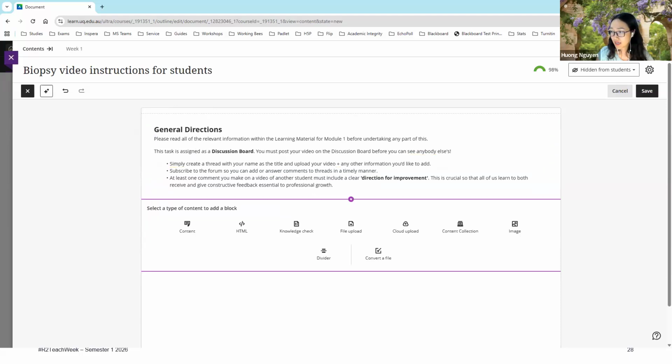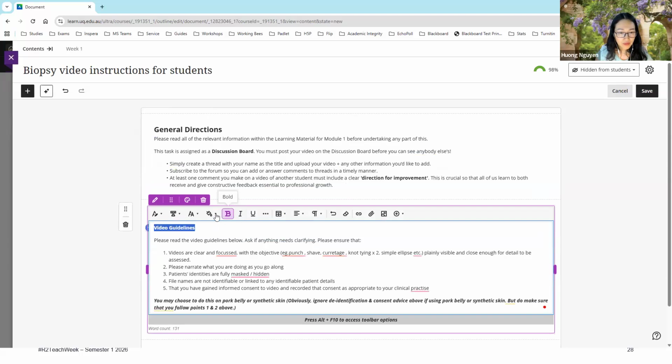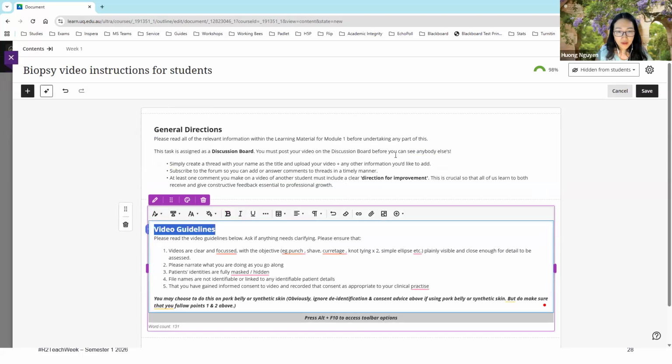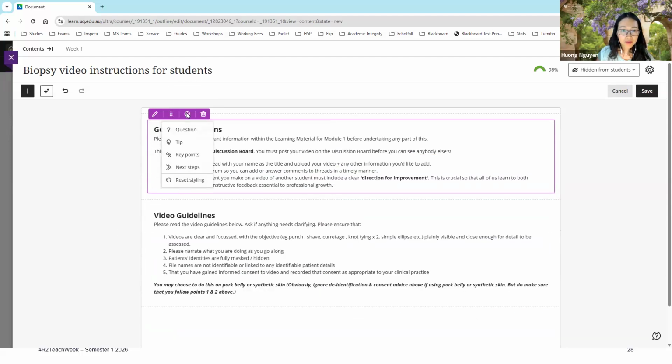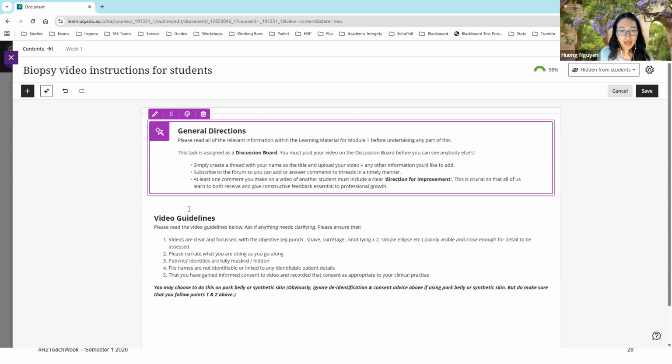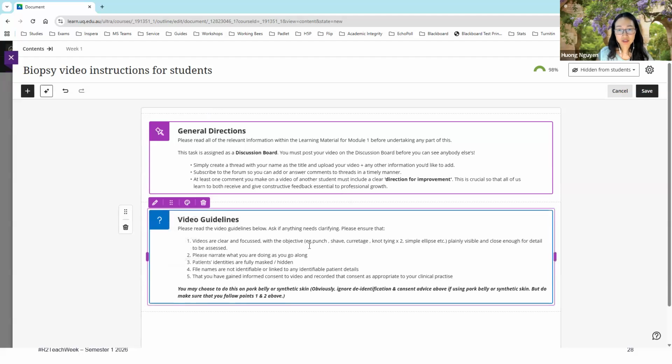And in another block of text, I have another piece of information that I want to send to the student. And for this one, I have 2 chunks of text in here. And at the top of each text block, I can have a different style that I can use to enhance the visibility within the document here. So this one is my key point, so I can select key point. And in my second text, I would like the student to ask any question if they are in doubt. So I have 2 texts with